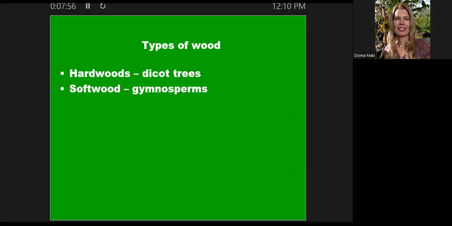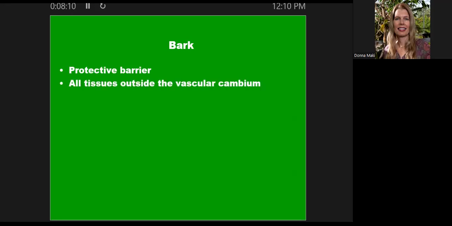All right, now if the tree makes it past seedling and sapling stage and it starts to form bark, we need to talk a little bit about that. So bark is really nice for protecting the stem tissue. And the formal definition of bark is that second bullet point. All tissues outside the vascular cambium equals bark. So that includes the secondary phloem. So part of the bark is actually phloem tissue, which I always thought was really weird, but that's how